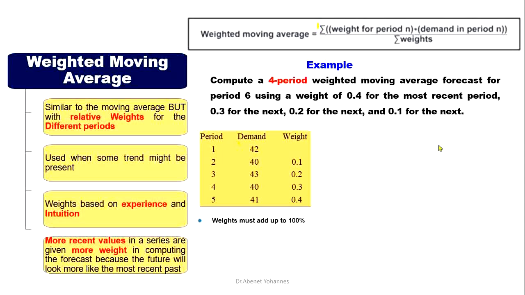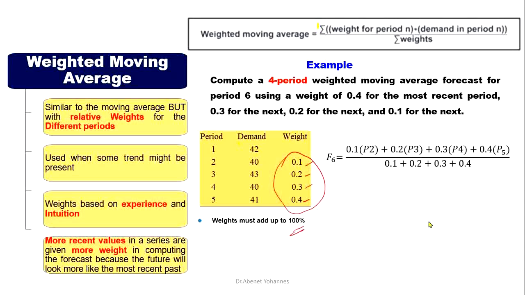ይሄን ኤግዛምፕል እንይ። እንደምታዩት ይሄ ተሰጥቶናል። የ5 አመት ዲማንድ አለ፣ ዌይቱ ደግሞ ተሰጥቶናል። እዚህ ጋር ምንድነው እንግዲህ for the most recent ነው ምን የምንሰጠው? አሁን የ5ኛው ፔሪድ 40% ወስዷል። ከዛ ኔክስት ደግሞ ስንት ወስዷል? 30%፣ 20%፣ 10% እያለ ሄዳል ማለት ነው። ስለዚህ ከሪሰንት በጣም እየራቅን በሄድን ቁጥር የምንሰጠው ዌይት በጣም እየቀነሰ ሄዳል ማለት ነው። ግን አንድ ኖት ማድረግ ያለብን the summation of all this weight ስንት መምጣት አለበት? 100% መምጣት አለበት ማለት ነው።